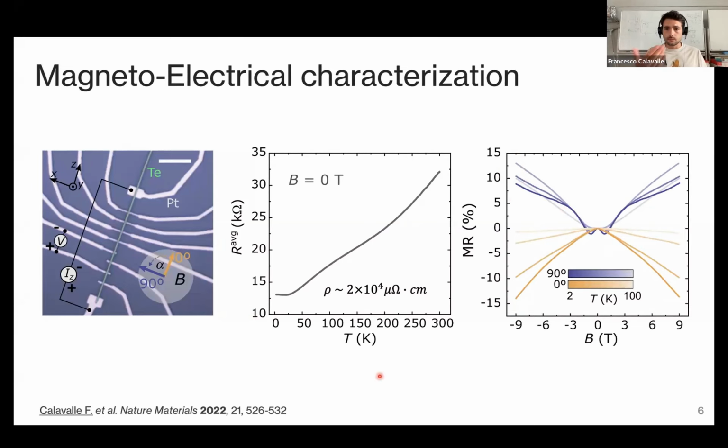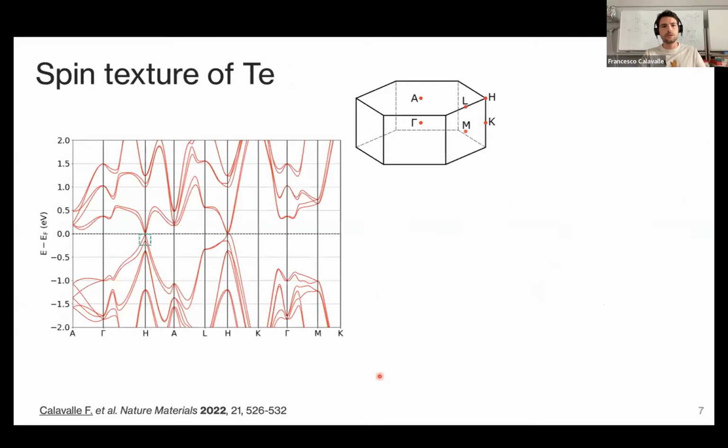So this is already quite interesting, but what we were interested in are, as I said before, the current-dependent measurements with which we could see how the effect of momentum of electron can translate into a spin polarization. And to understand this better, we can have a look at the spin texture of tellurium, which, as you can see here, is formed by these branches, which are actually spin-split. This is an ab initio calculation given to us by our collaboration, in which we can see this narrow band gap here and this spin-split configuration induced by the high spin-orbit coupling and the inversion symmetry breaking.